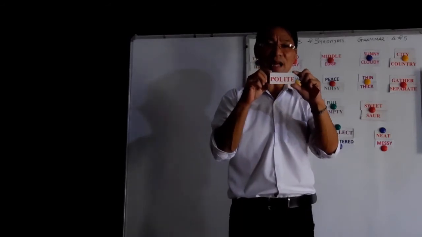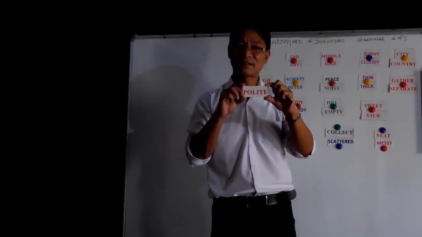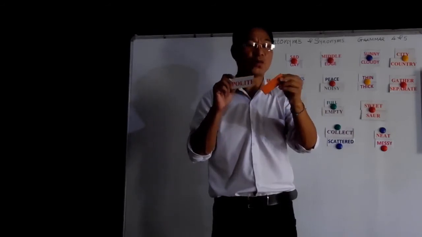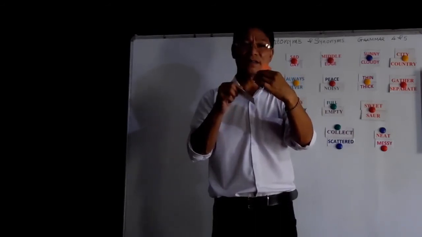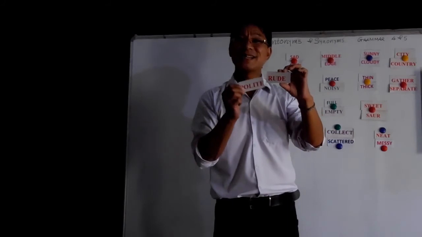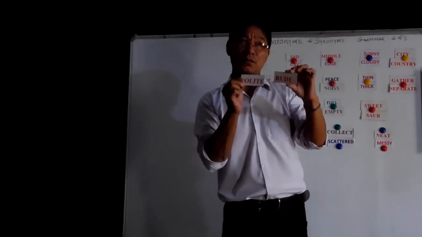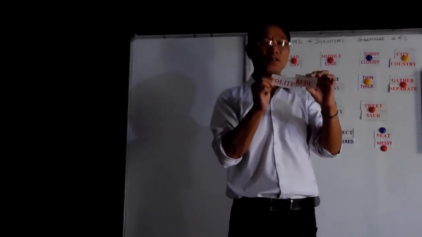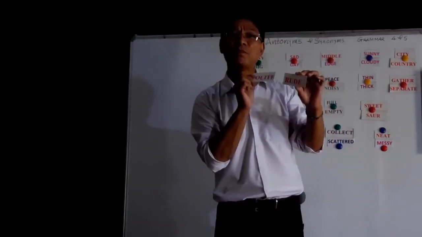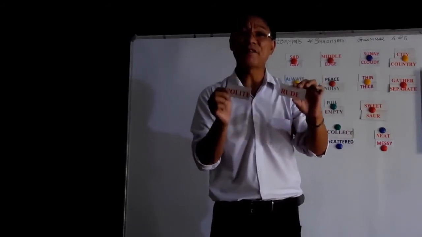Next I have here a word a lot of people know, polite. P-O-L-I-T-E, polite. Now, what is the opposite of polite? You can guess it. I have the word that begins with R. R-U-D-E, rude. So opposite of polite is rude. Rude means not behaving properly. In other words, you can say the tone of voice is not right. So rude भनेको व्यवहार ठीक नहुनु, not being polite to someone when speaking or showing bad behavior.